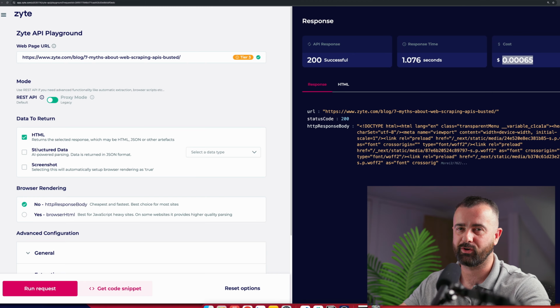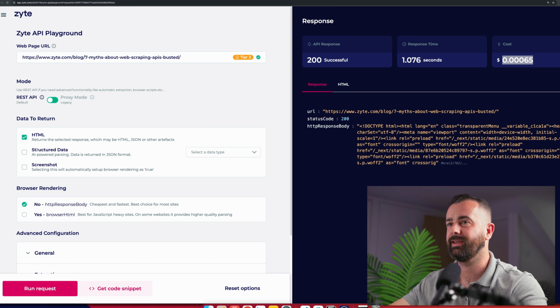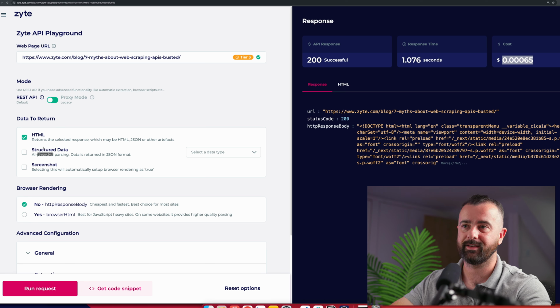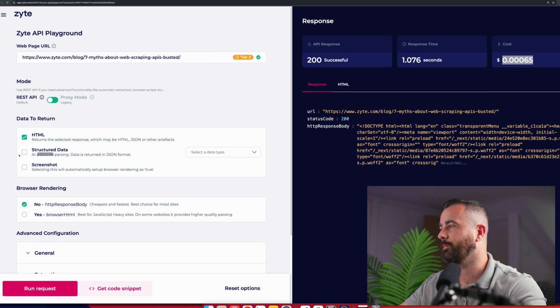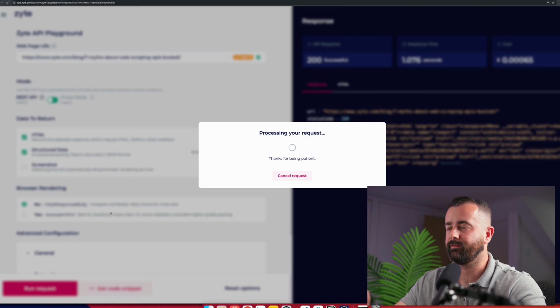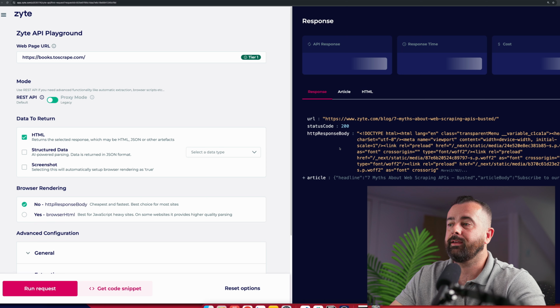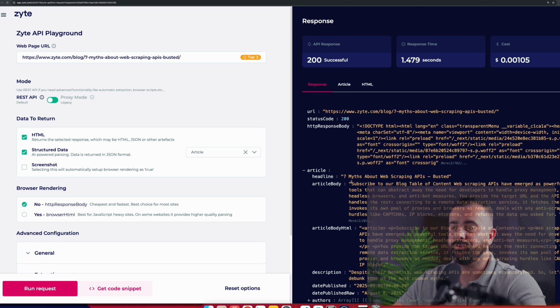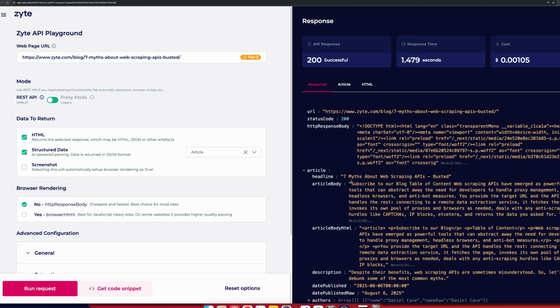I just want to touch on one other thing before I let you off, is that not only do we give you access to these sites, but we can also return you structured data. And that's what I was doing in there. I was returning structured JSON data that our ML models have parsed out of the page. Now, obviously, this is going to cost you a little bit more money, but if I just show you here, run this against the article type, now we have quite a few data types for the common sort of things, that when this comes back, you're going to get an article returned to you in JSON data, which means you don't have to do any HTML parsing. And this only put the cost up by an extra